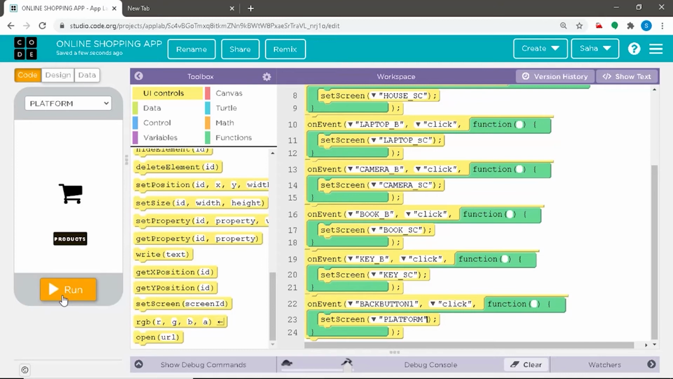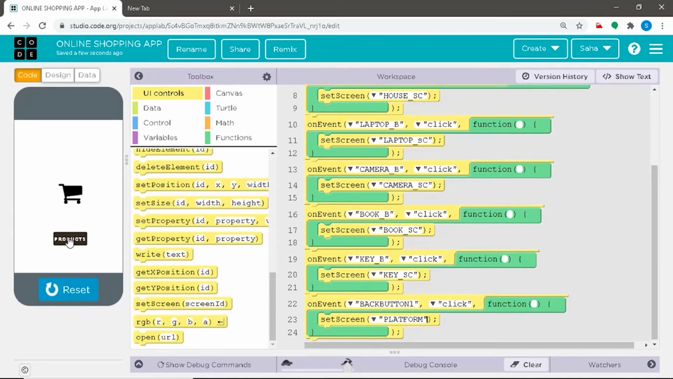We shall click products, and the back button 1 is on the category screen, so we shall be clicking that. As you can see, on clicking back, we have come to the previous screen of the platform screen. This is what we are going to do with all the back buttons present in the layout of our online shopping app. So now